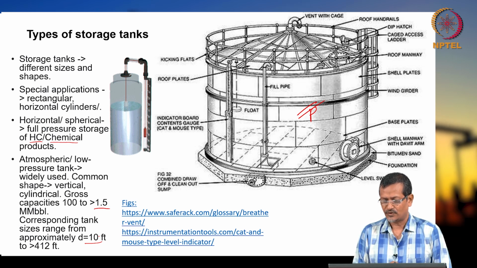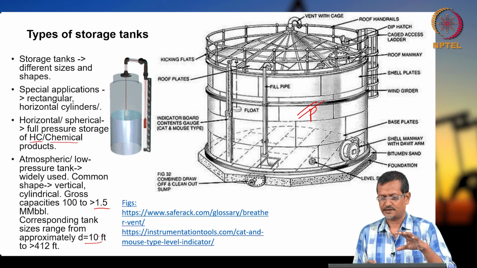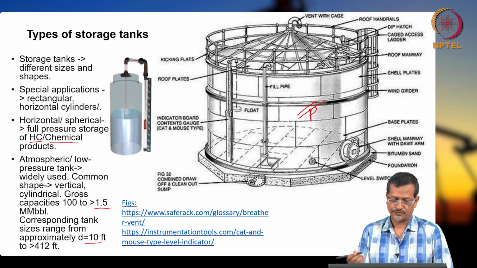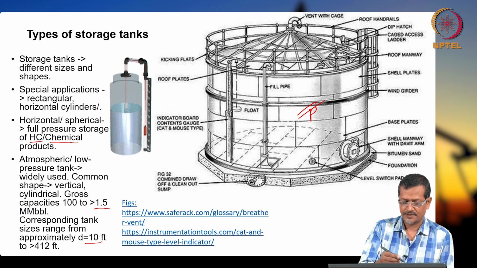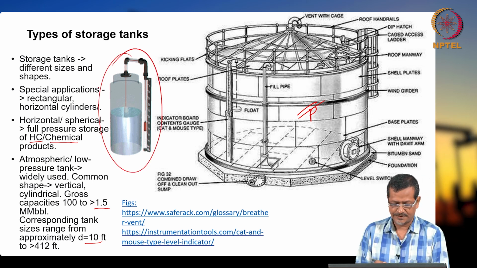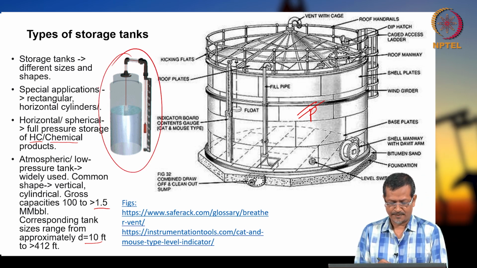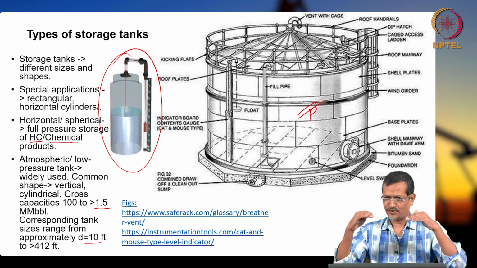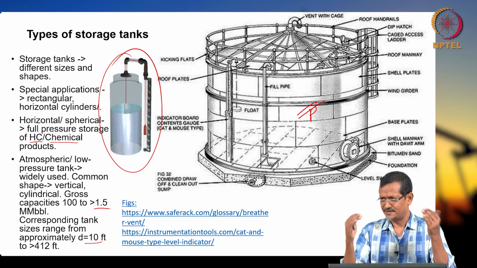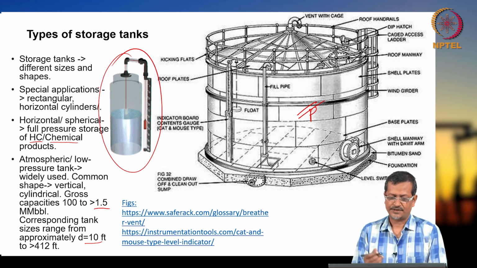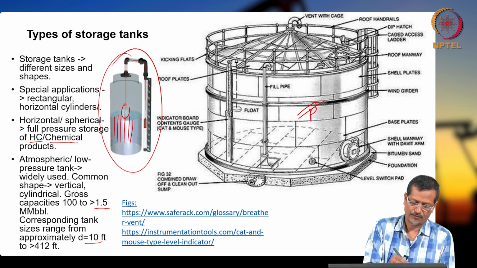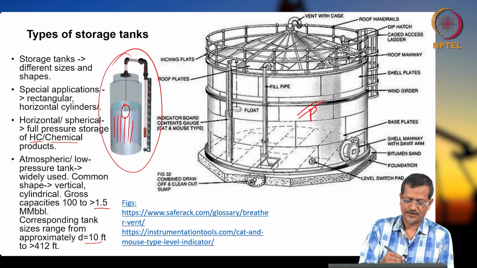And whenever considering a tank, you have to understand the different fittings and equipment. Okay. So one thing, on the left side I have drawn this one. This is called a cat and mouse type level indicator. Like inside the tank, how much fluid is there? It is completely metal. You cannot see from outside. Okay, accessing is not so easy. So you put, say, the liquid level is here. Okay, you have one small float. So when the liquid level moves up,